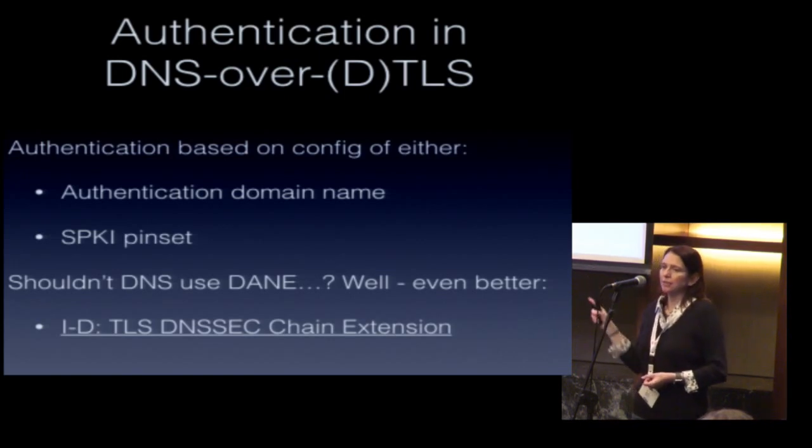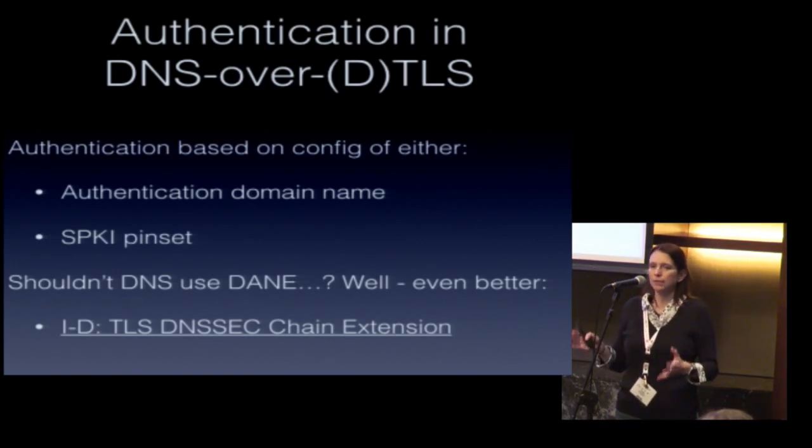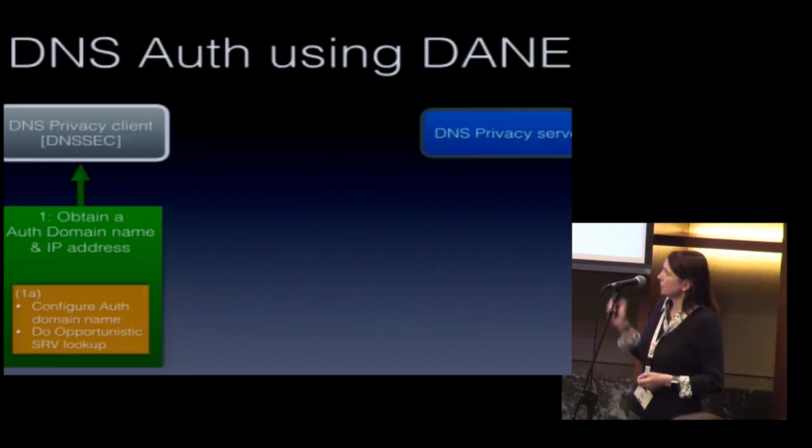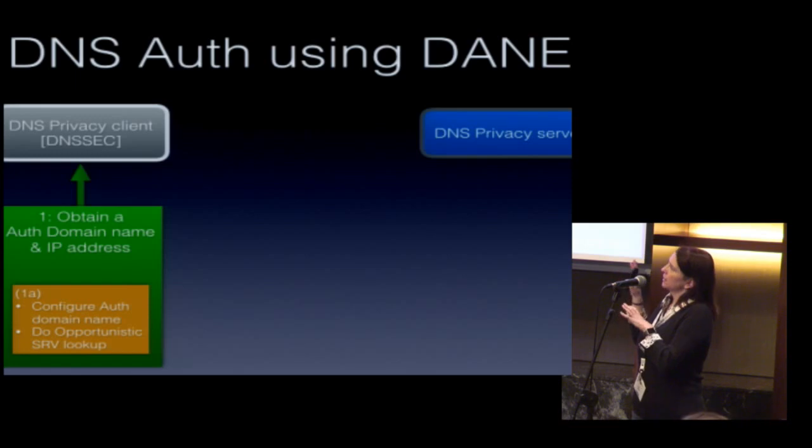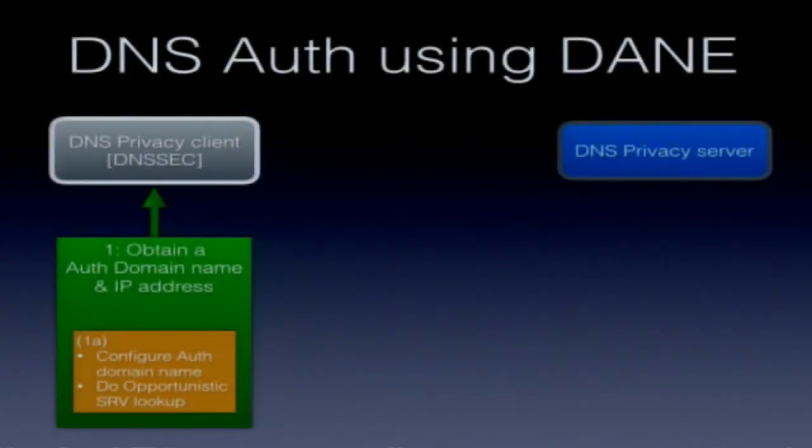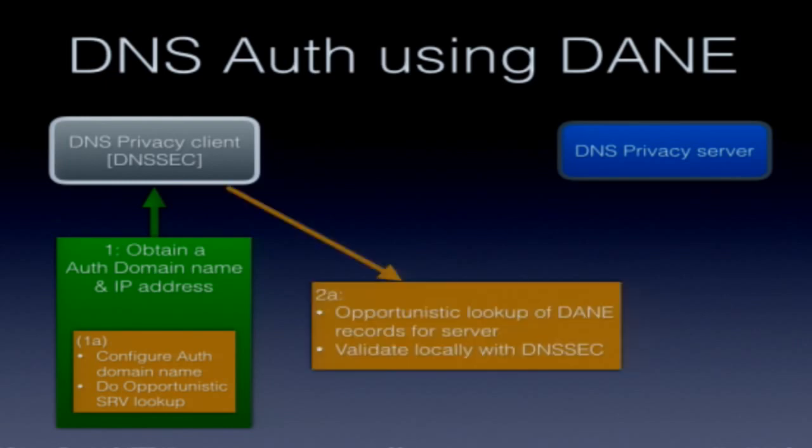But a really interesting idea came out of the work on this because you've got DNS servers involved in this interaction. So this is a very quick demonstration of how it would work using kind of classical DANE. So you start from a DNS client that has DNSSEC validating capabilities. You configure it with a domain name and an IP address, and one of the bootstrapping problems here is that it may need to do opportunistic, so not necessarily encrypted lookups to get that information to start with. Again, at this point, I don't have a connection to a privacy server, so if I want to get those DANE records, that also has to be opportunistic.